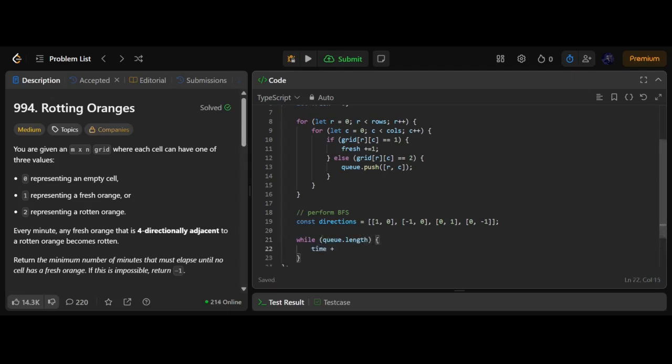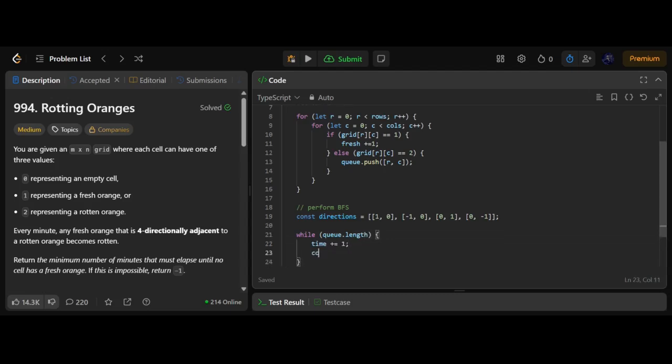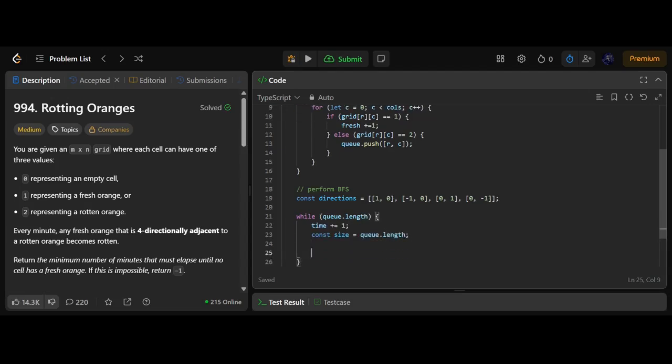Let's increment our time by 1, and let's get our size. Our size is going to be the size of the length, because as we are iterating through our queue, we're going to be shifting, and we don't want to use queue.length. We want to keep it at the initial size so we don't mutate that size. And we're going to say for every element in our queue, i is less than size, i plus plus,